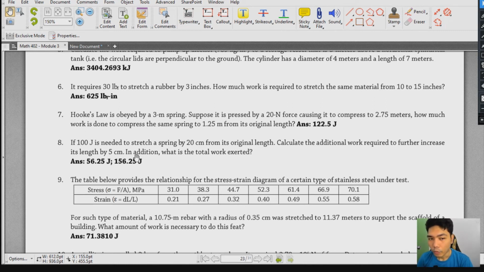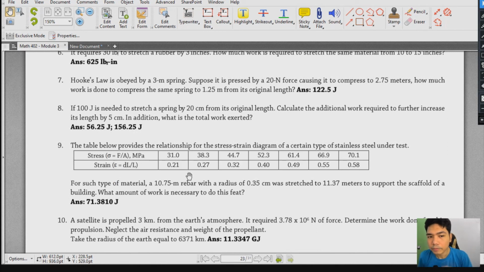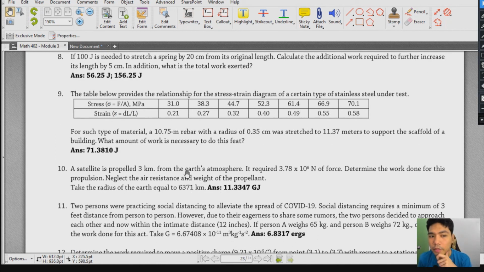Kasi, what if you're thinking about 2 to 5 cm and then nakalagay dyan is 5 by 5 cm. So, technically, mali na agad yan kasi pag by, ibig sabihin that's already the difference. Pero pag to, that's the final value. So you have to consider those things. Okay? And then, I'll be doing number 9 kasi this one is a little new kasi meron siyang table na